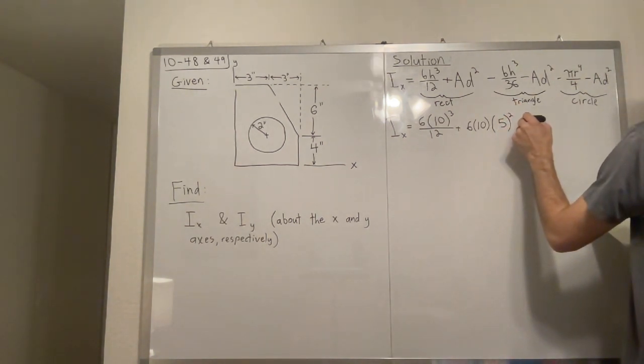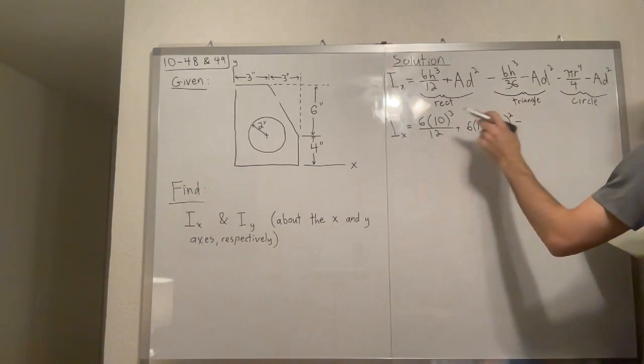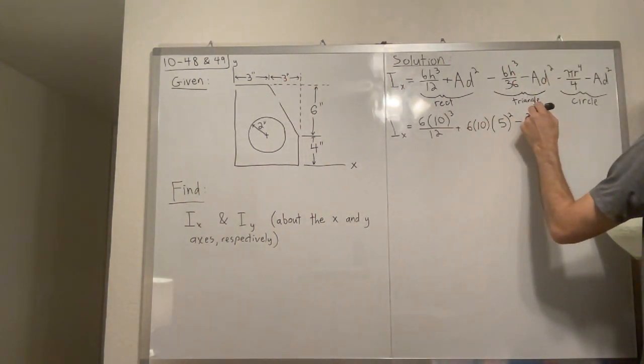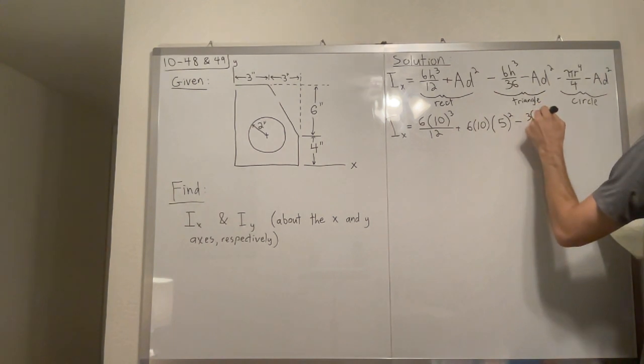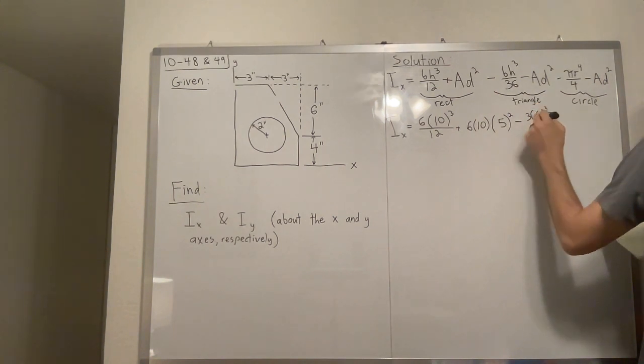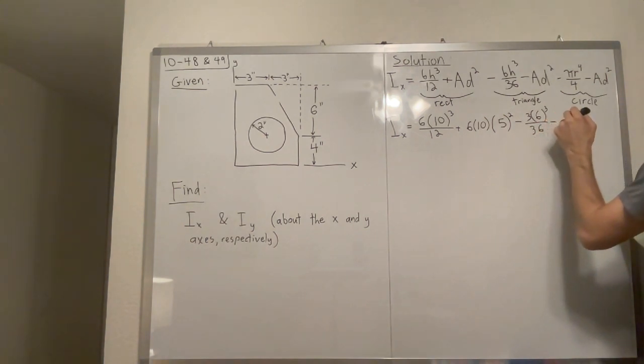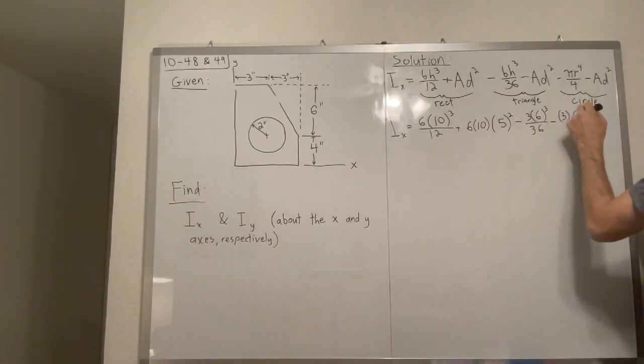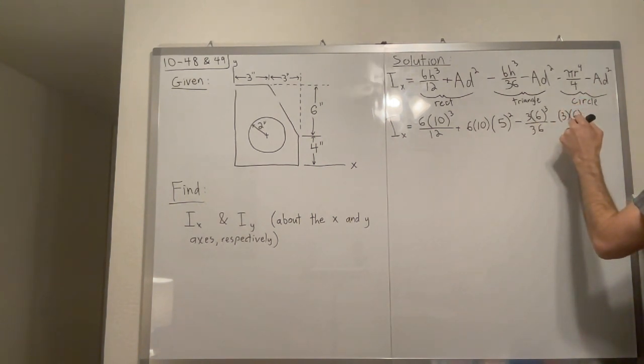Now we need to take the triangle, so minus the base of the triangle is 3, the height is 6, cubed, and that's all divided by 36, minus the area of the triangle, which, as we know, is base times height divided by 2,